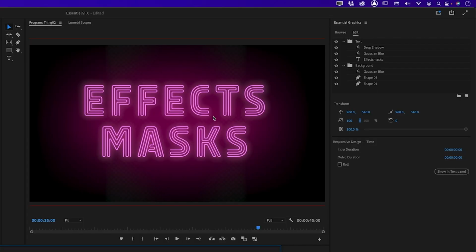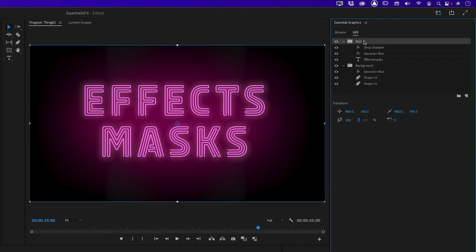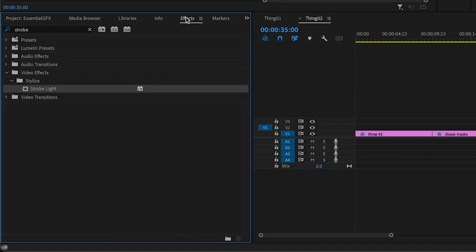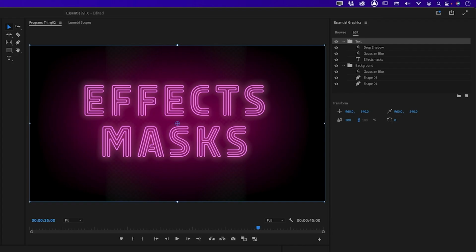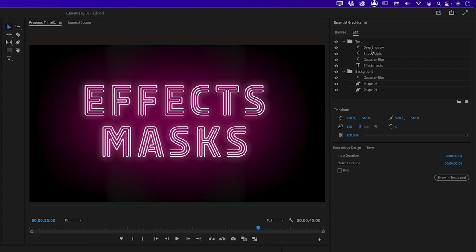So for example, I have this neon sign here that I've created using a couple of group layers, and I want this to be flickering on and off. So to create a flicker effect, I'm going to go to the effects panel and I'll get the strobe effect and I'll drag this underneath the drop shadow layer. And you'll see that the default setting is the text strobing on and off, which is a nice effect, but